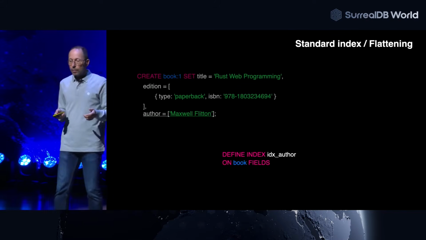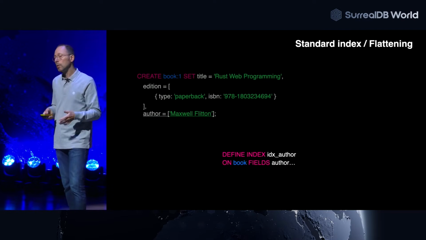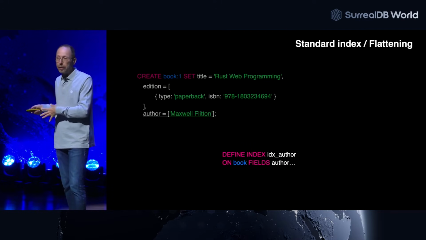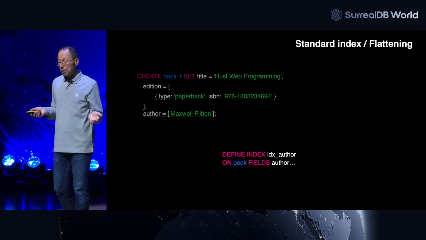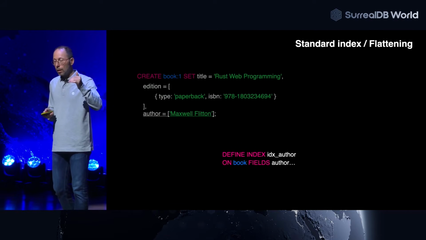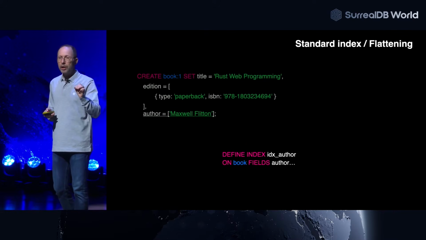Standard index. The goal here is to speed up the queries. So in the index, we are storing the fact that there is a term related to this record. It's an easier one to create. Define index, the name of the index, on book, the name of the table, and which fields. A comment about fields: it's plural. It means you can make a compound index, so you can make an index that will index several fields. And you also have this three dots at the end.